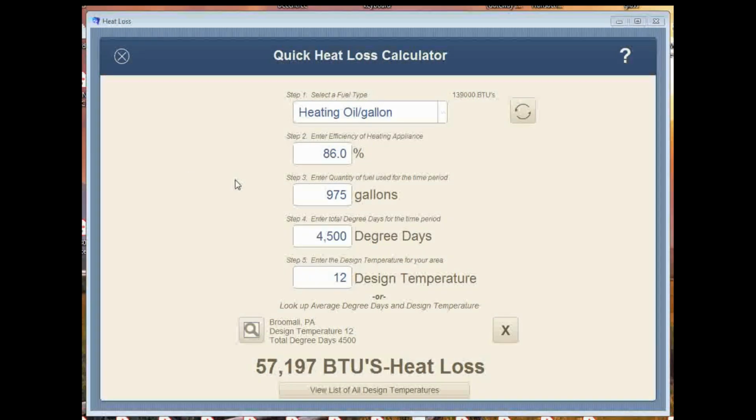Hello everybody, this is a quick heat loss calculator I made for iOS devices. It'll work on an iPhone or an iPad. You have to first go to the App Store, download the program FileMaker, and then in the section below I